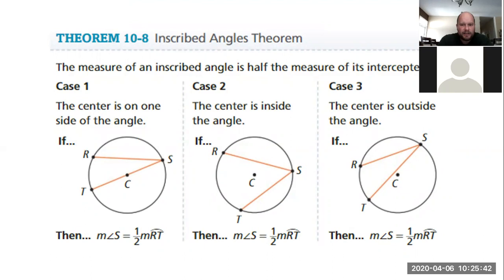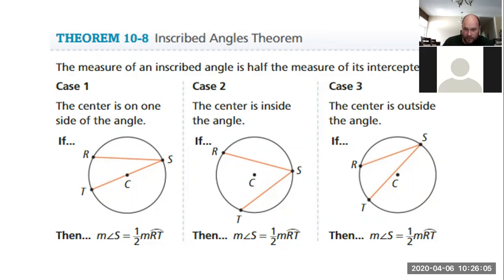So if you look at these three cases, it's the same no matter where that angle is, no matter what it goes through. In the first case, they show it where one of the sides is a diameter. But again, it doesn't matter. If RT is a certain arc there, then S is going to be half of RT. So anytime you look at an angle like this, let's just say, for example,